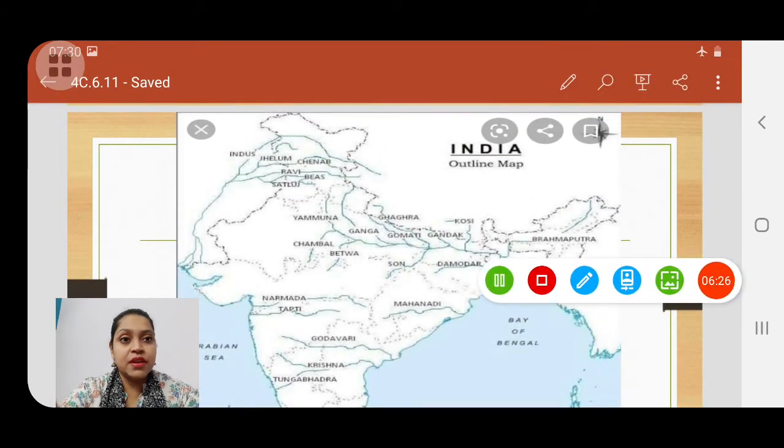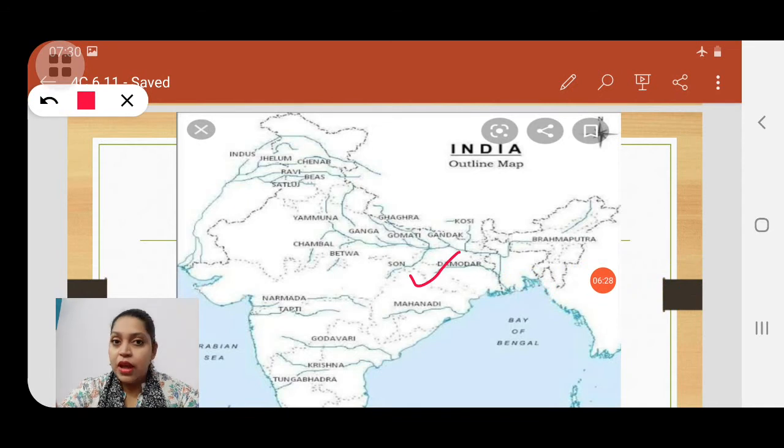Yes, the rivers here you can see: the Damodar River. As I have already said, the Damodar River is in the Chotanagpur Plateau. Then we have Chambal, Betwa, Son. They are in the Malwa Plateau. Okay, so children,